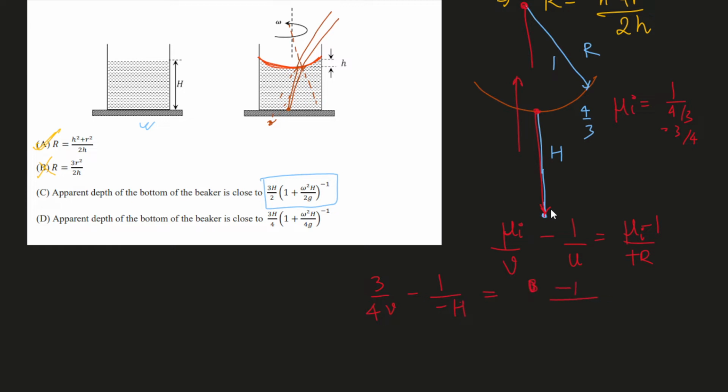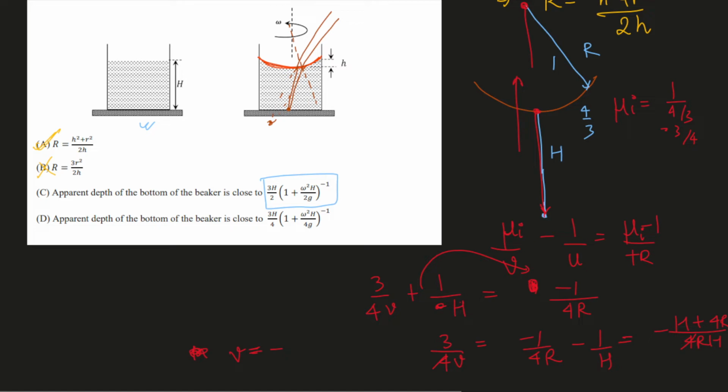Let me just write that as 1/4R. And now we can write this as 3/4v is equal to negative 1/4R minus 1/h. Since these get canceled out, you have a plus, and then you take it to that side, you get a negative, and so on and so forth. Let me simplify this a bit more. So this will be negative h plus 4R, all of this divided by 4Rh. These 4's get canceled out, and what you're left with is that v is equal to negative